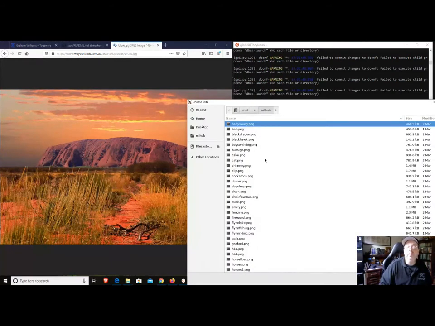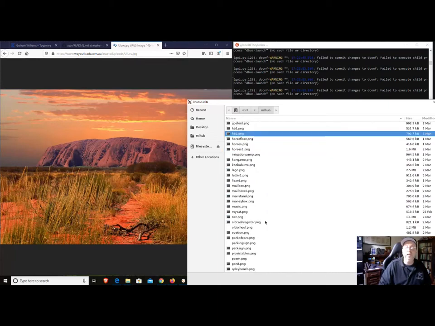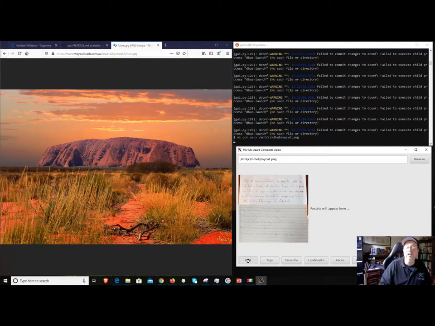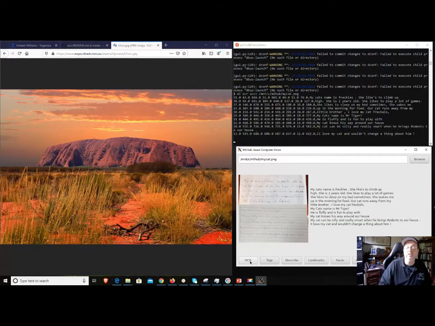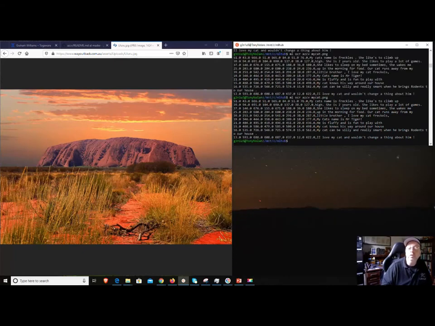But we could also go back here and go to my cat, we can click on there, we can then go on to OCR, and you will see the text actually appear beside there, and you can see the text actually appear up at the very top. You can see in the top window that is different to the bottom window, all the boundary boxes that are actually part of the recognition process. But what you can do is that you can have the same command and then do